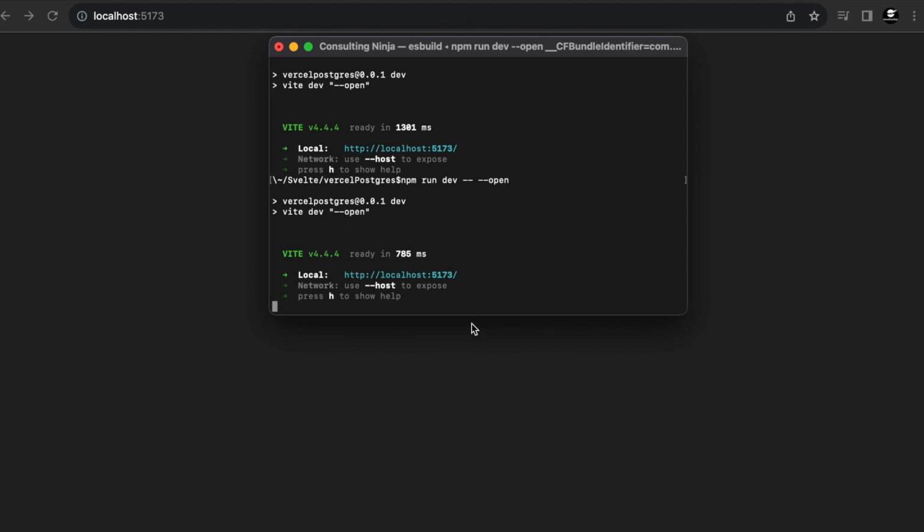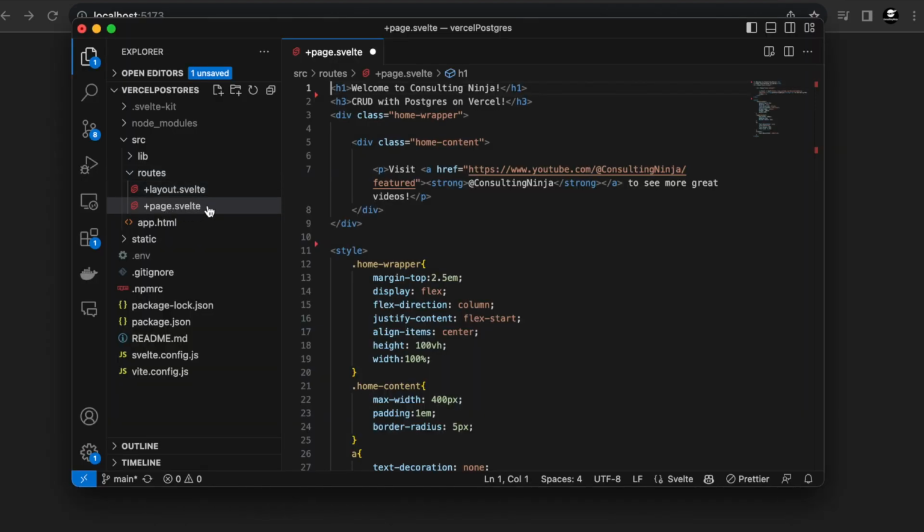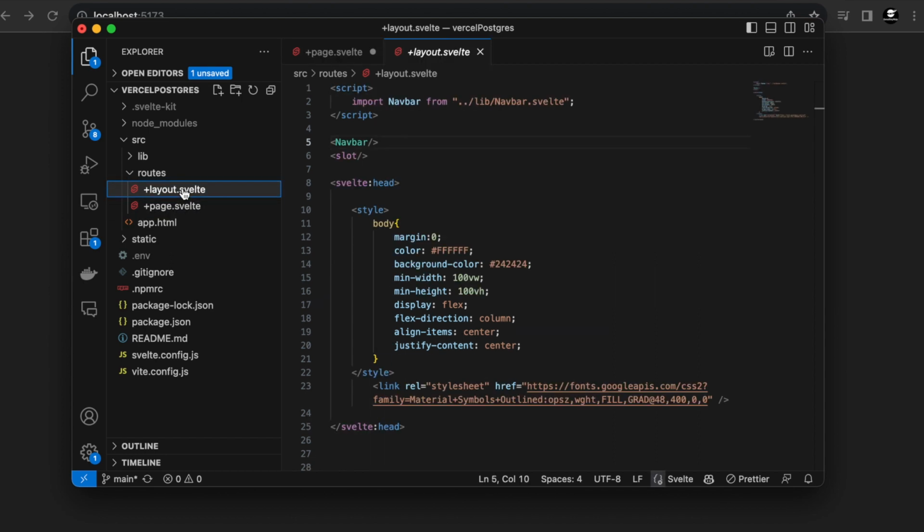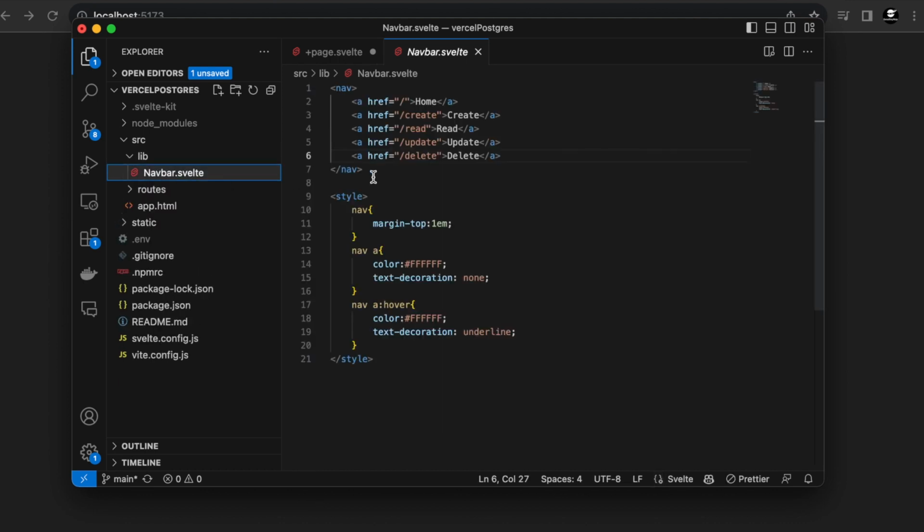The link will be in the description of the video, and I'm going to briefly cover what it takes to get to this point. You must first create a skeleton application. You will need to create a home page and style it however you'd like. I'm also using a layout to render some basic styles and add my navigation bar to every page. The navigation bar is very straightforward. It just consists of the 5 links, one for the home and then one for every data operation: create, read,